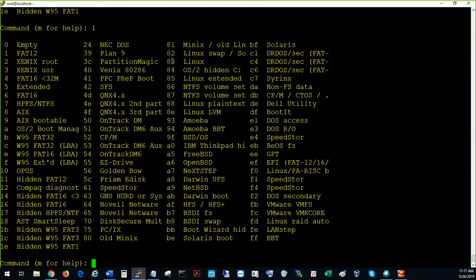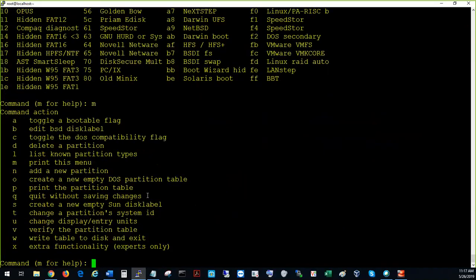Okay, so 83 is the default one. This is the one used by Linux all the time. And then you could use 82. We need to use 82 Linux swap. Okay, so let me see if I want to change